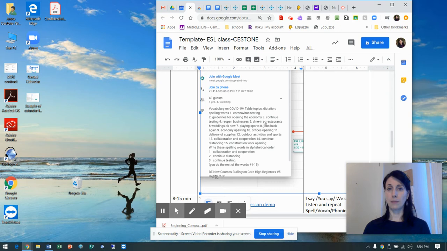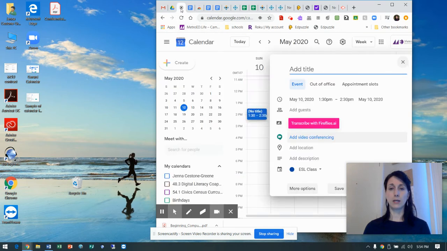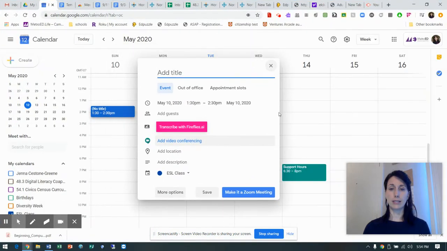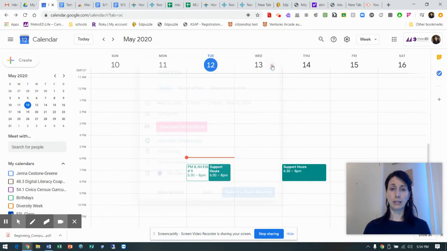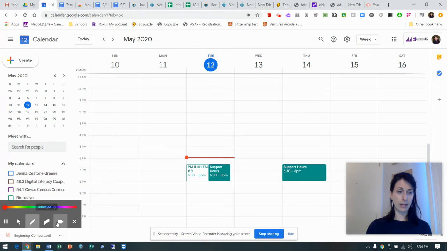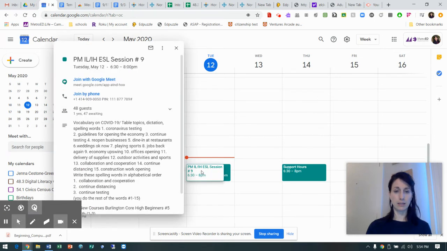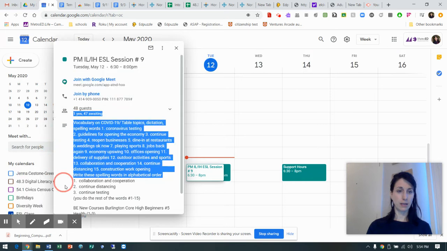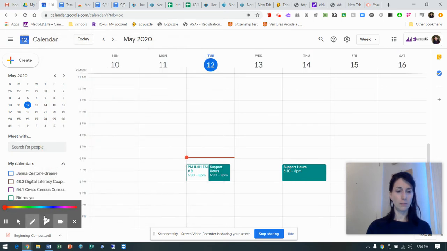And this is a copy. Let me blow up someone else's calendar so you can kind of see what I see. So if I go online, if I'm a student, this is what I see. I see that I have a class here, and I see that everything I'm doing in this class is happening at this time. This is what I see. Okay, let's see, right here.